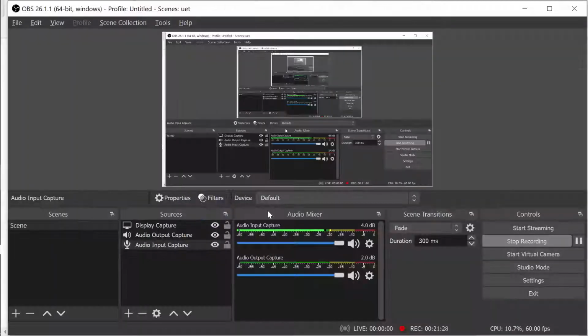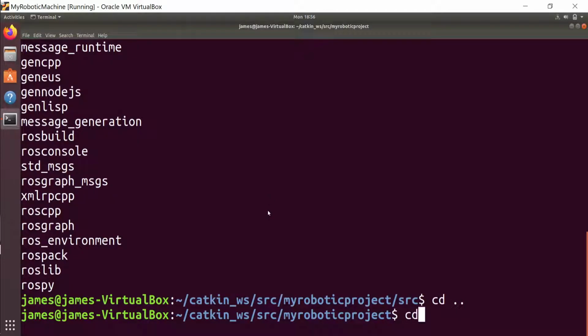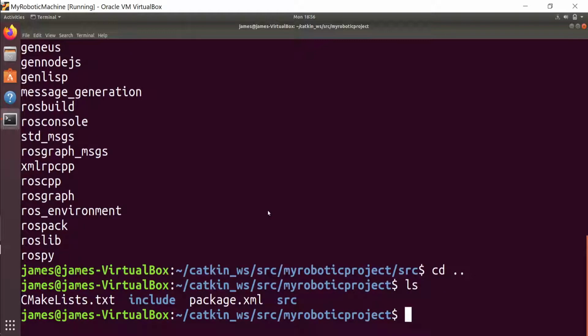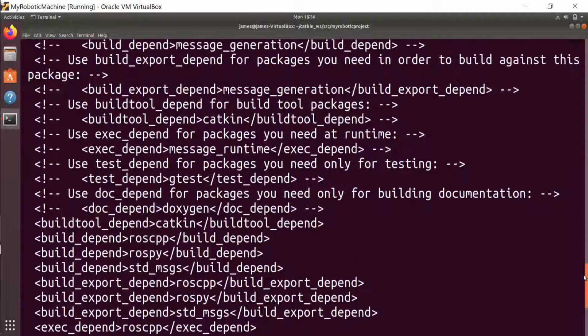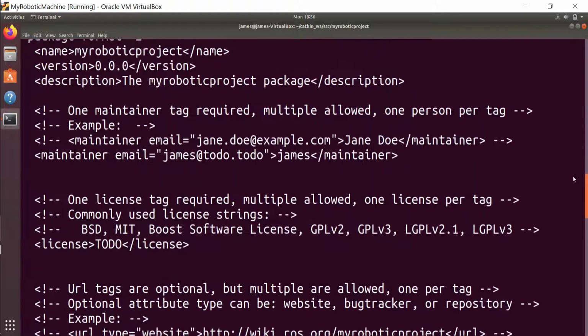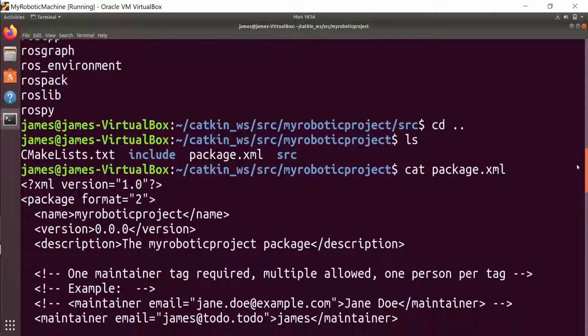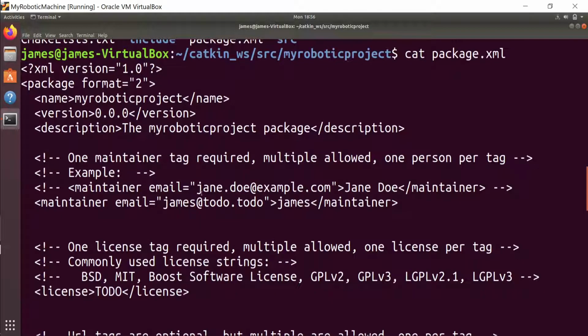So now let's read the package.xml that was created, right? Let's see what is in this folder. Yeah, I can see package.xml is there. So let's read that file: cat package.xml. In this file, all the entries are there, but one of the entries is who has written this code.